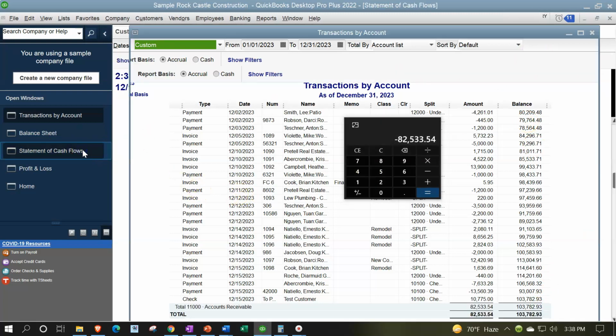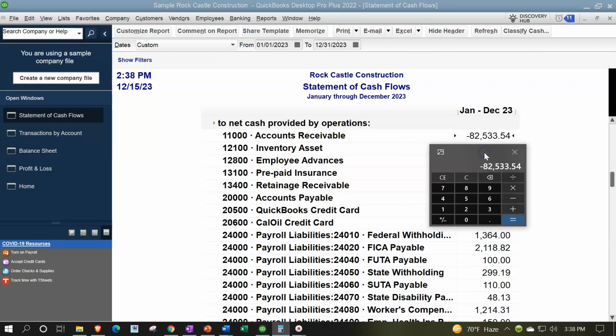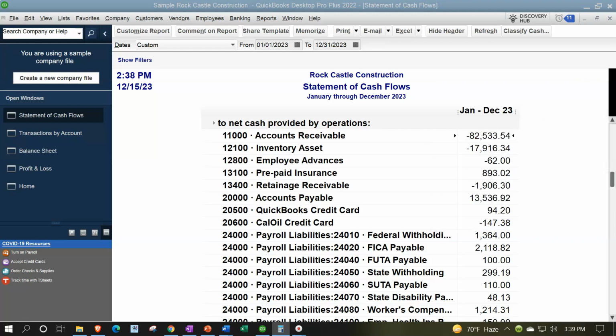Let's go back to the statement of cash flows. There's the 82,533. That difference in the balance sheet accounts represents a change that's going to be reflected on the income statement, given the fact that accounts receivable is tied to the revenue account on the income statement in essence. So it's kind of backing into the activity on the income statement